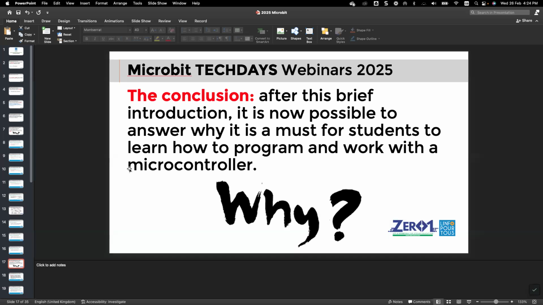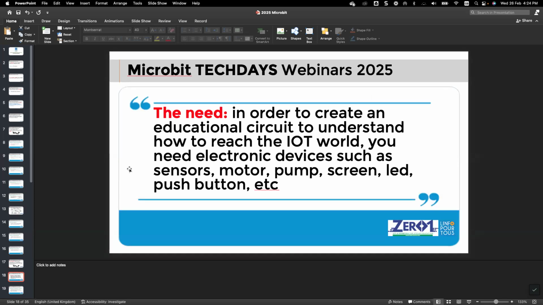And I believe that all the schools that are using our curriculum know that the microbit is a fundamental and basic part. So, what is needed in order to create an educational circuit to understand how to reach IoT? You need electronic devices such as sensors, motors, pumps, screens, LEDs, push buttons, and